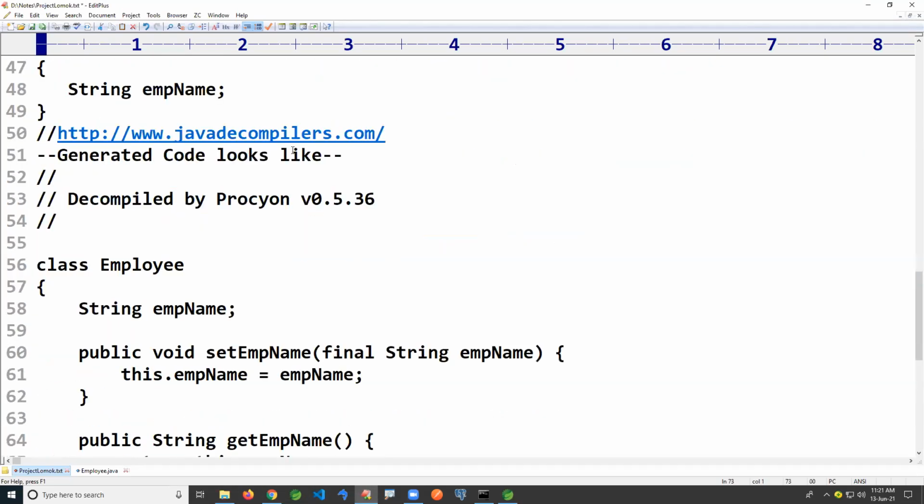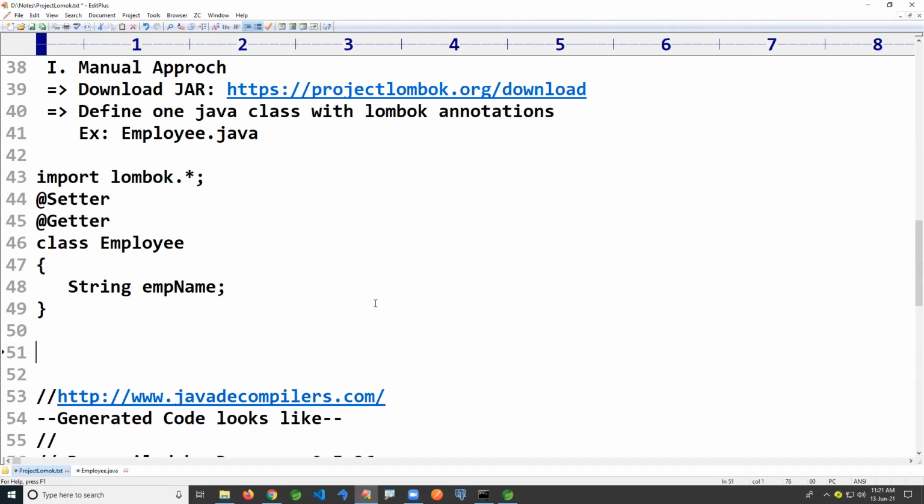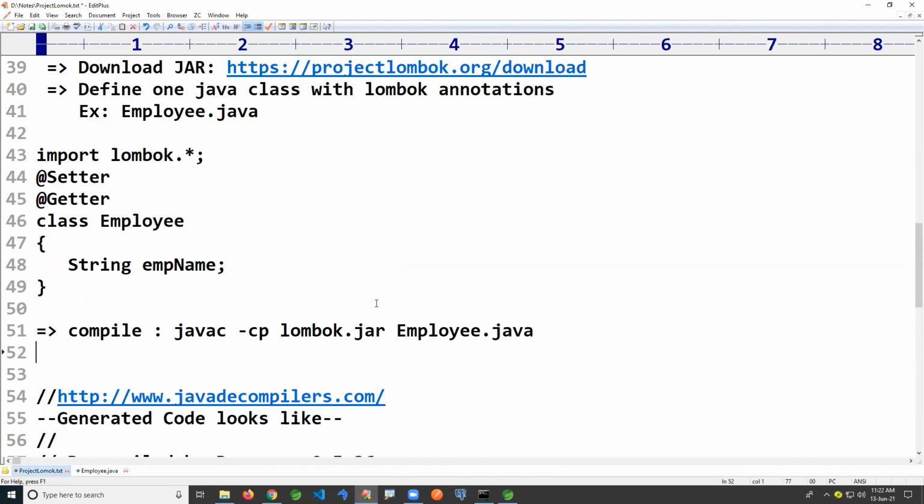If you want to see it command based, after compilation you have to compile here. The command is javac -cp lombok.jar Employee.java. Here only you can decompile, that is called a decompiler: javap Employee.class.